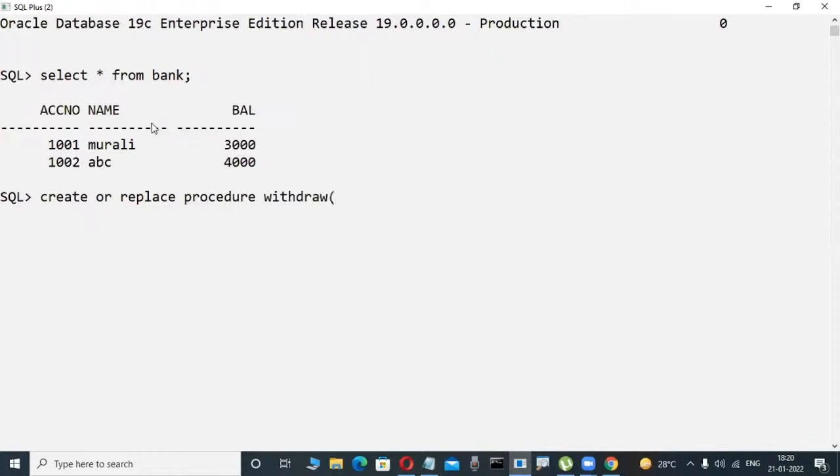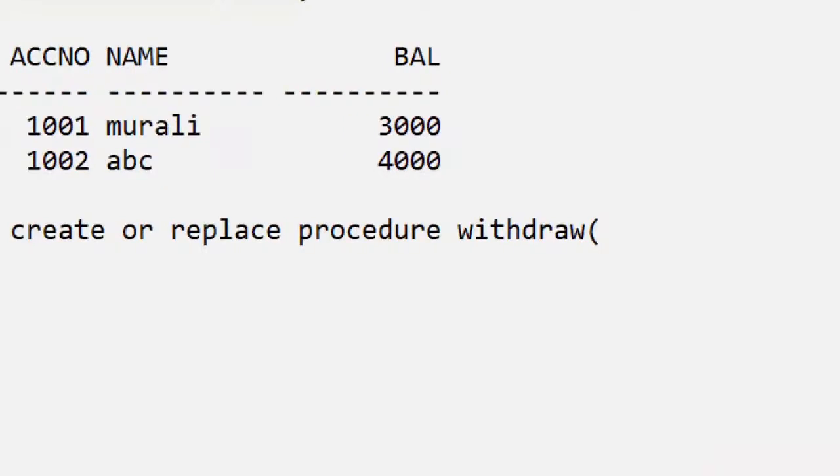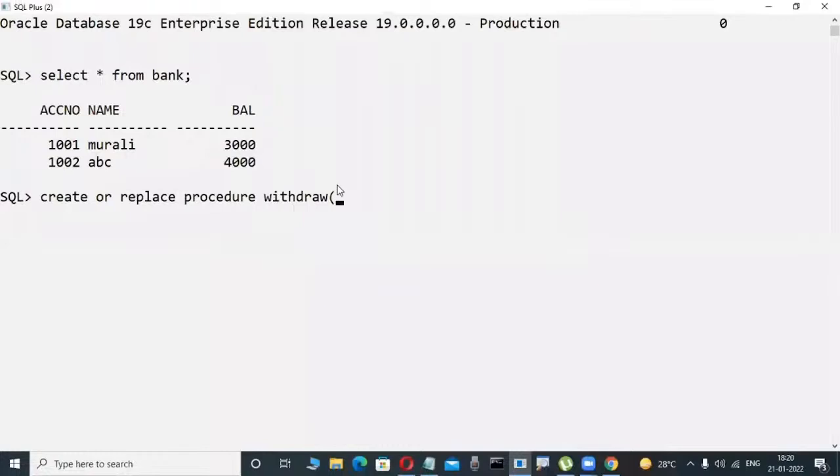Slowly observe here. There is a table. In my project, I try one scenario. I try to implement one small scenario only, withdraw. Actually, in real time, big packages are written with withdraw, deposit, all the things. But unfortunately, I'm giving only some small task in a procedure. Now here, create or replace procedure